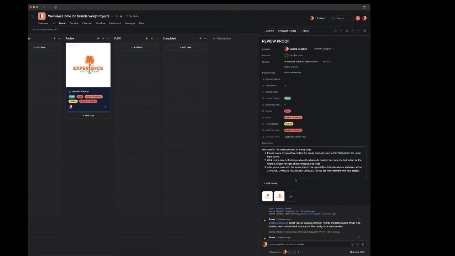Once you're done, you're going to select one of three options in the upper left corner of this task. Now, if you didn't have any changes, you simply click Approve. If you had changes that you entered, you want to click Request Changes. And then a task will be created for our team to review and to go through and make the appropriate changes. Rarely is there an instance where you would use reject, but if you click reject, what that means is